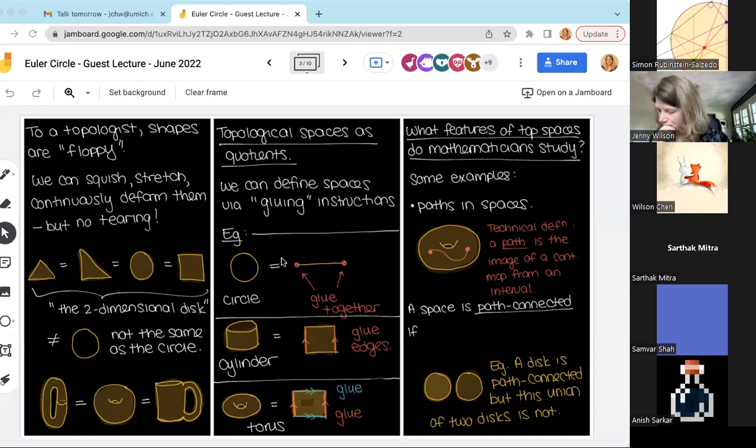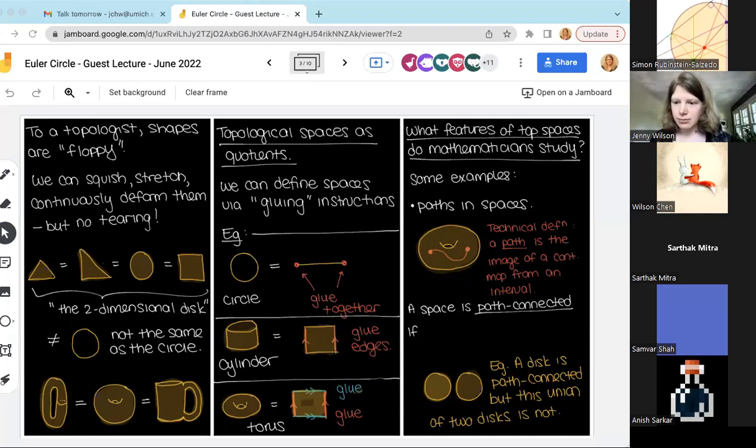Okay. And similarly, it makes sense as a topologist to talk about the torus or the donut, because from my point of view, all tori and all donuts, no matter if they're big or small or thin or bulky or anything, those are all the same topological shape. And this is where